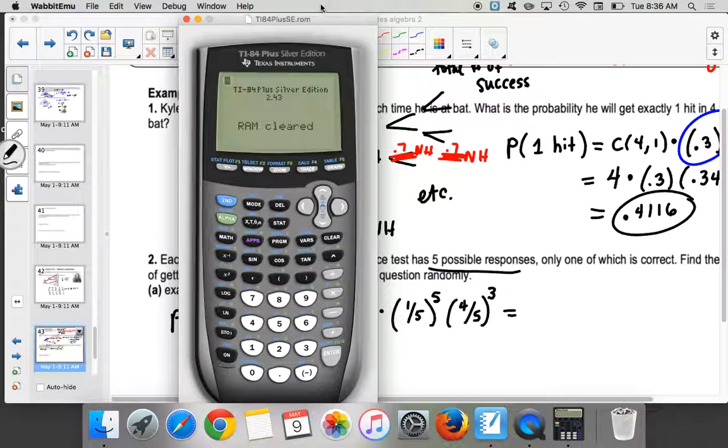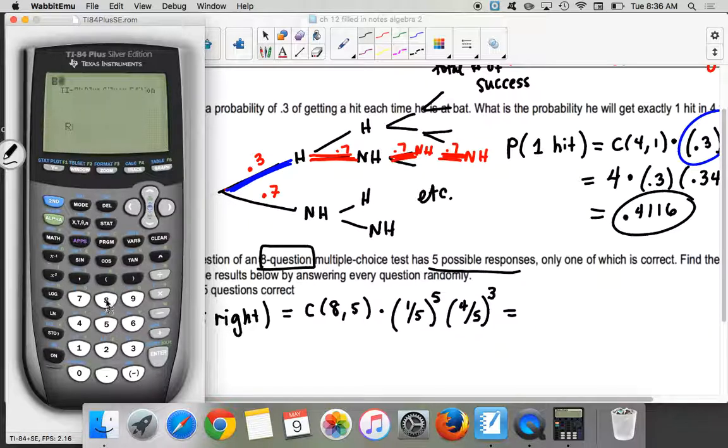So remember, if you're trying to do 8 choose 5, we do 8 first, we go to math, we go over to probability, we do nCr, and we hit 5. So 8 nCr 5, so we have that, 56. And then we're going to multiply by 1/5, so I'm going to put it in parentheses, and raise it to the 5. And then I'm going to multiply by 4/5, and I'm going to raise it to the 3. So when you do, you get the answer of